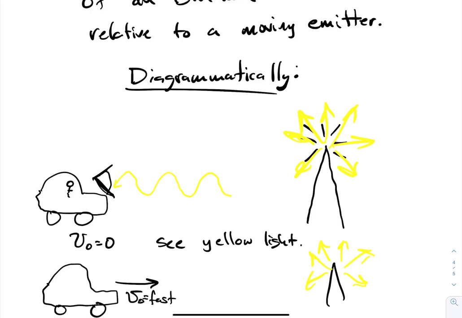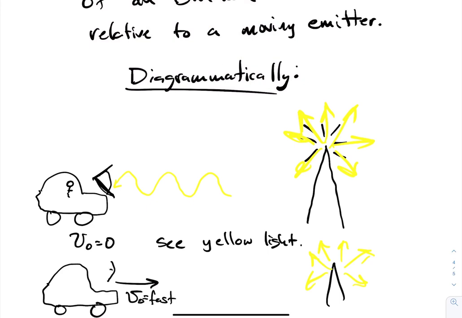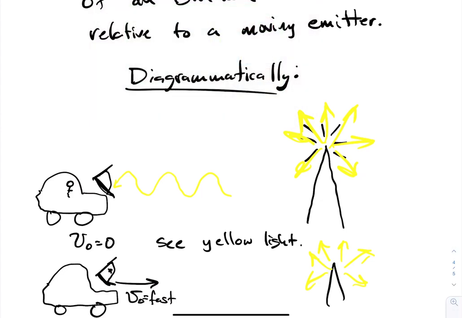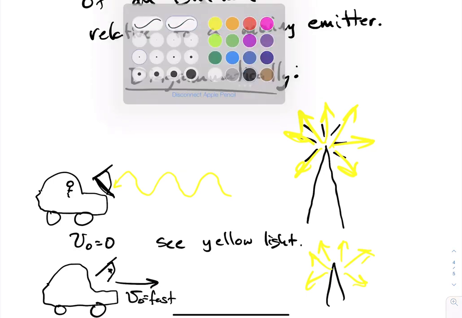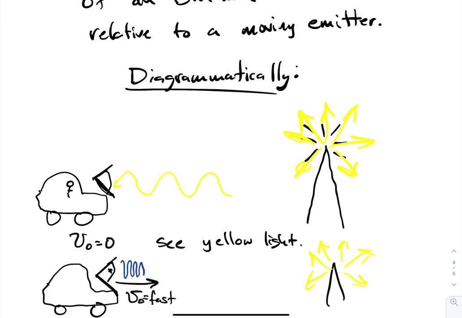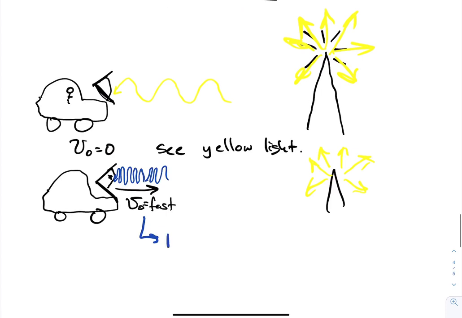And so our observer, having the big giant eye that they have, would see those yellow waves being compressed with shorter wavelengths, and they would see a green wave or a blue shift, meaning it shifted toward the blue end of the spectrum. In fact, why don't we just make him moving so fast that the light seems blue, just to really push. So we'll draw a much shorter wavelength because we're moving toward the emitted light. So we could note with V moving toward the emitter, we get a blue shift,